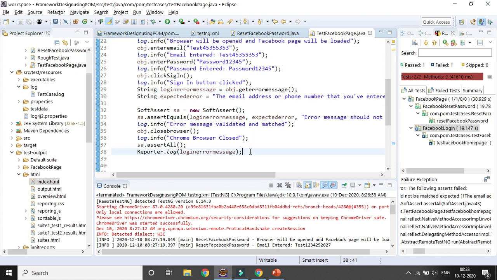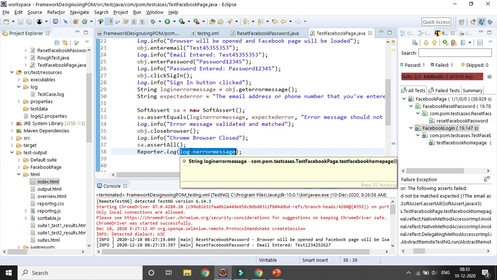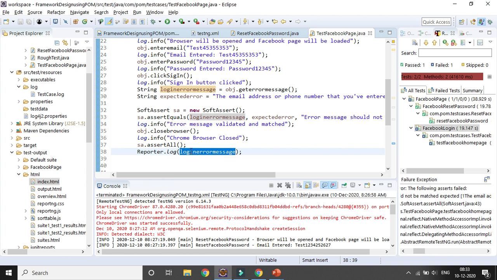Then instead of the login error I want to give a name like a link to see the embedded screenshot. That's what I want to display here in the Reporter.log for the second test case, test Facebook page.